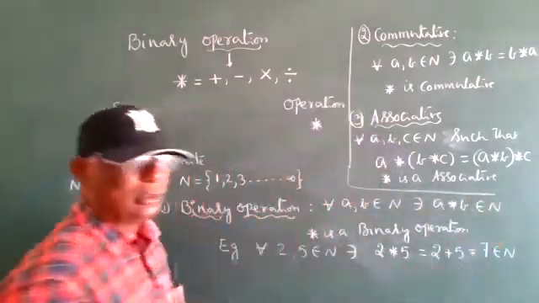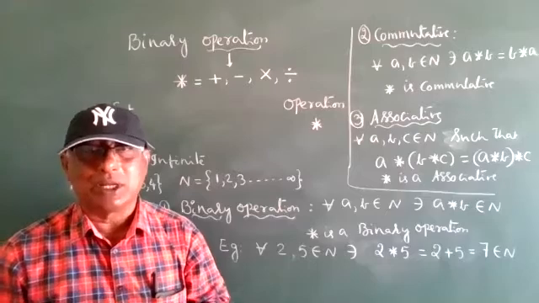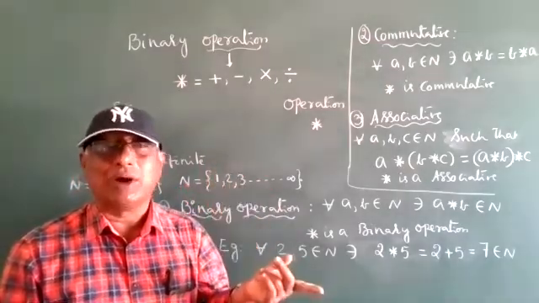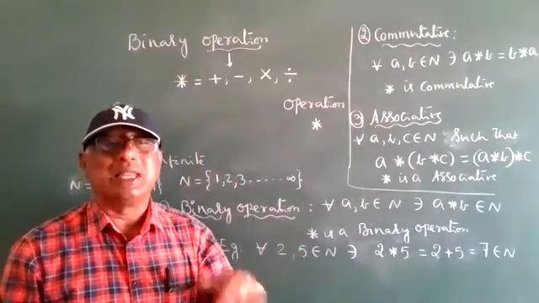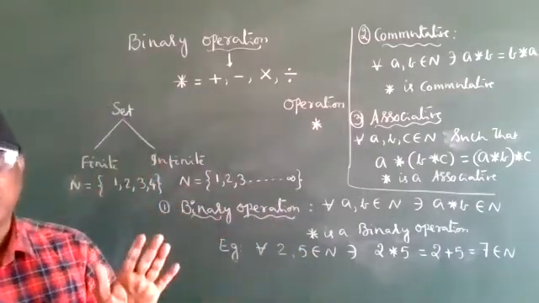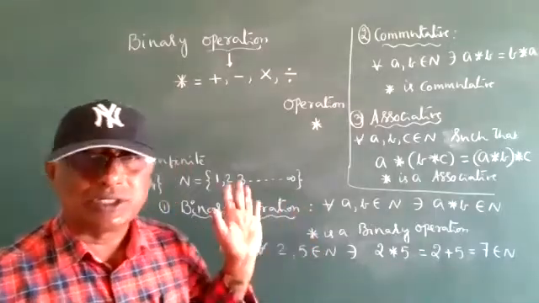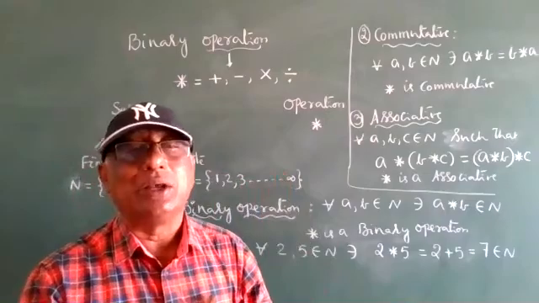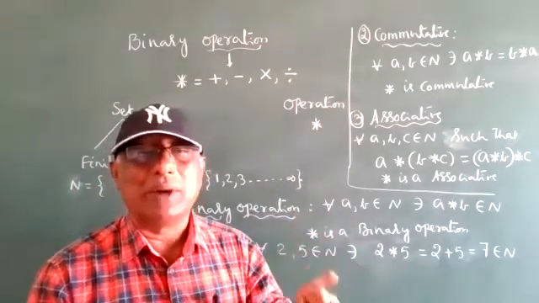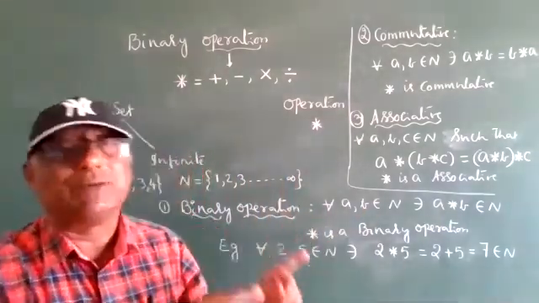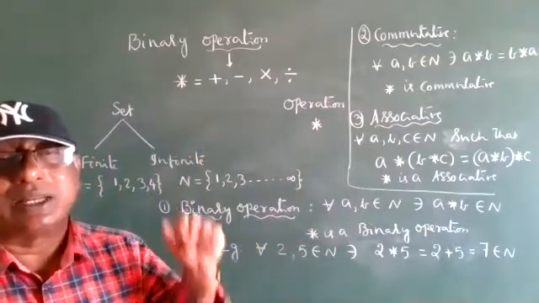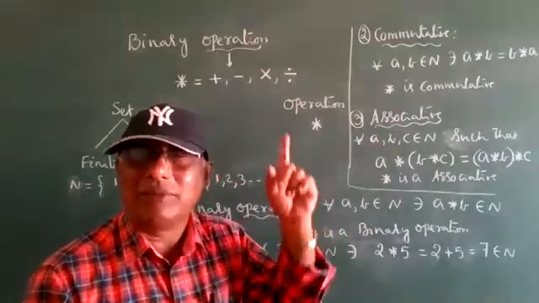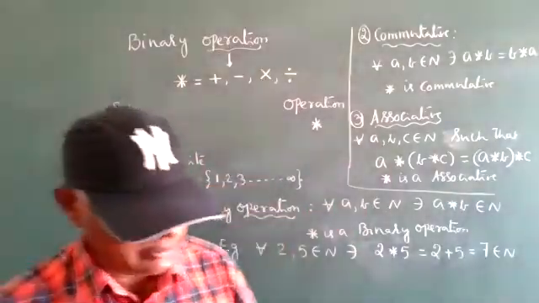Up to this we are going to use. One is the binary operation, one is the commutative, one is the associative. Commutative is the reverse order; associative means the three numbers can be taken in any order, and it should hold. Operation is represented by star, but star means either plus or minus or multiplication or division. They will define it: star is plus, or star is minus, or star is multiplication, or star is division. It will be defined in the problem only. Okay?